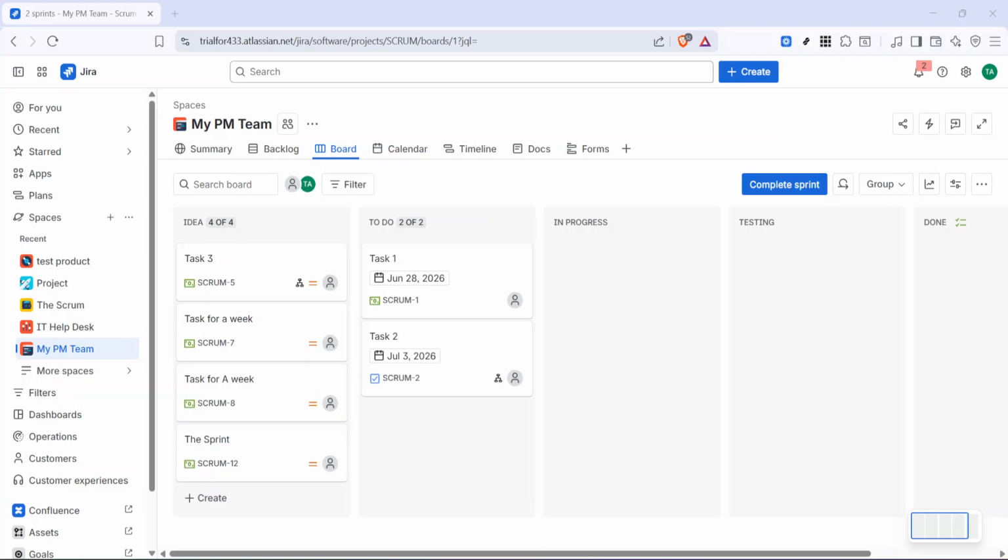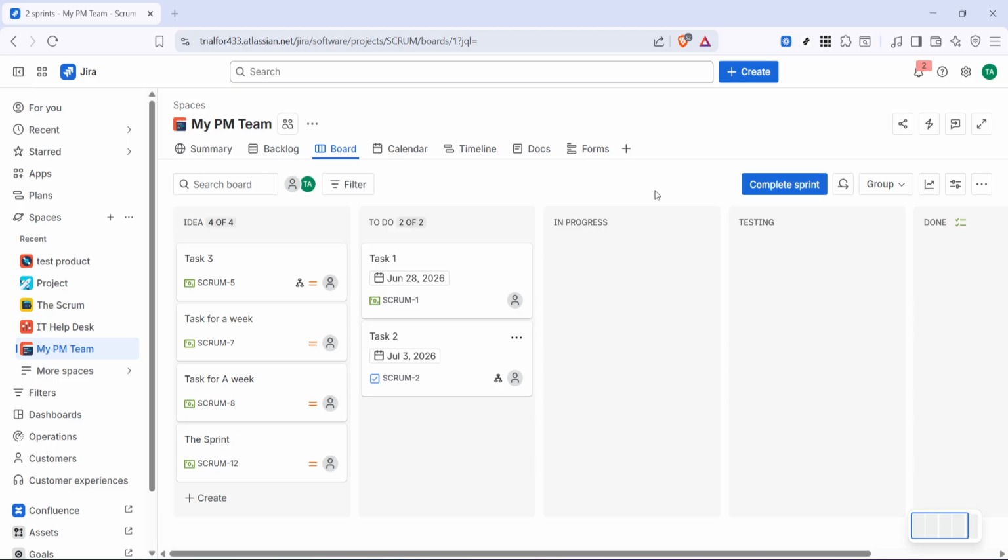In today's video, I'm going to teach you how to use Jira with Scrum. We're going to walk through the process of setting up a Scrum space in Jira so you can start organizing your team's work in a structured, agile way. If you're new to Jira, don't worry. This setup is straightforward, and once it's done, you'll have a solid starting point for planning sprints, tracking tasks, and